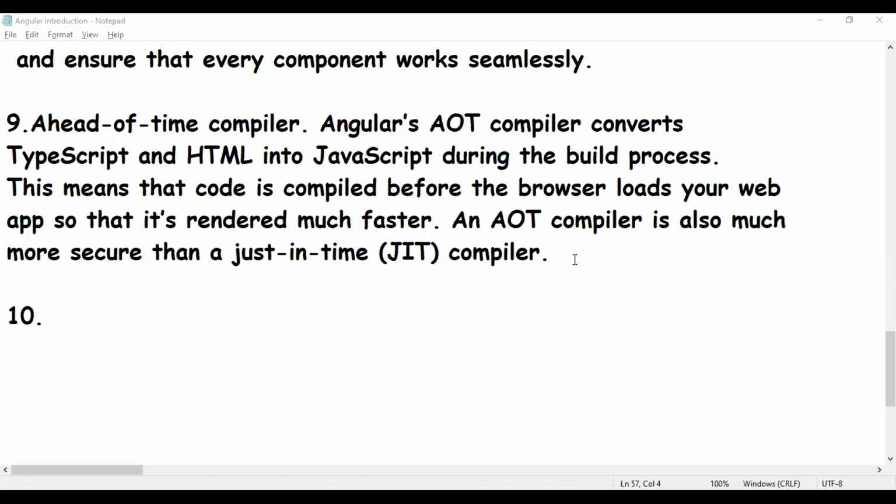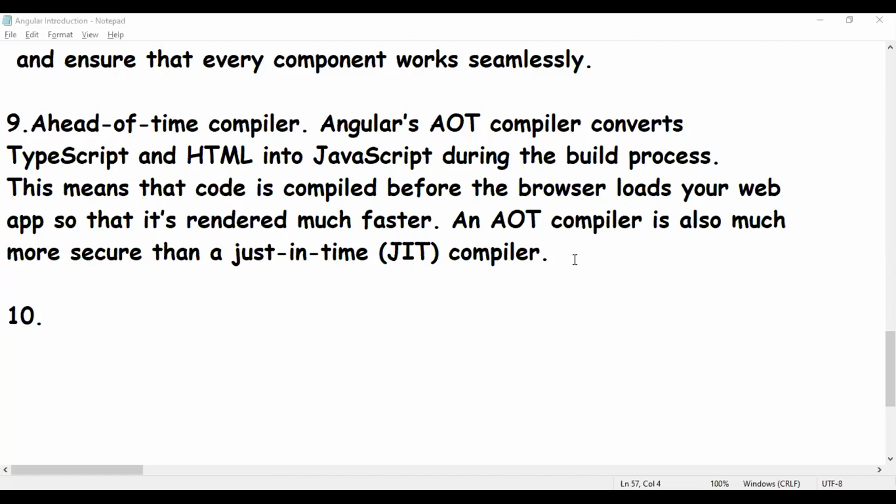The Angular CLI allows us to create a new Angular project, and by using this CLI we can add features to it and run unit and end-to-end tests with a few simple commands.